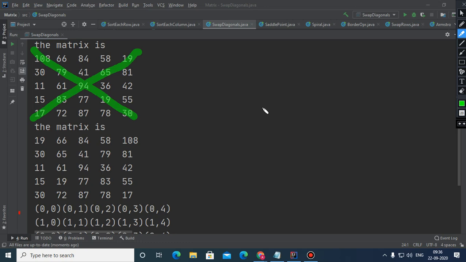So in this question, the left diagonal you need to swap with the right, and the right diagonal you need to swap with the left.